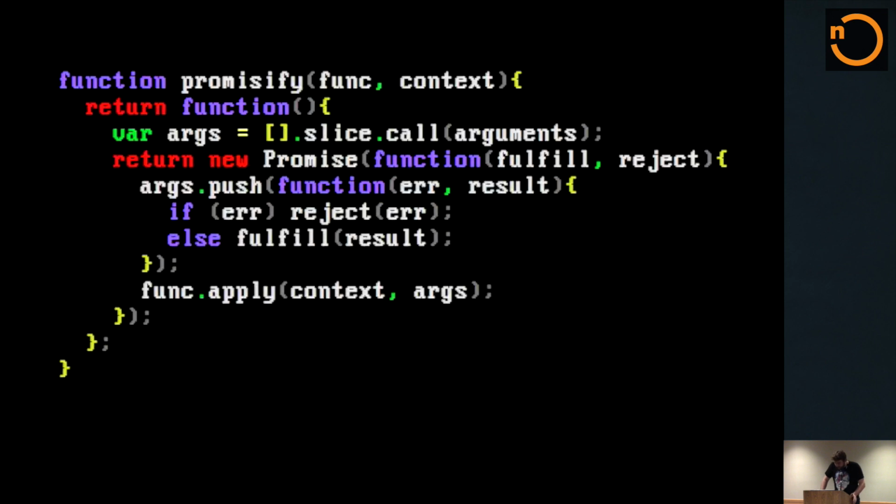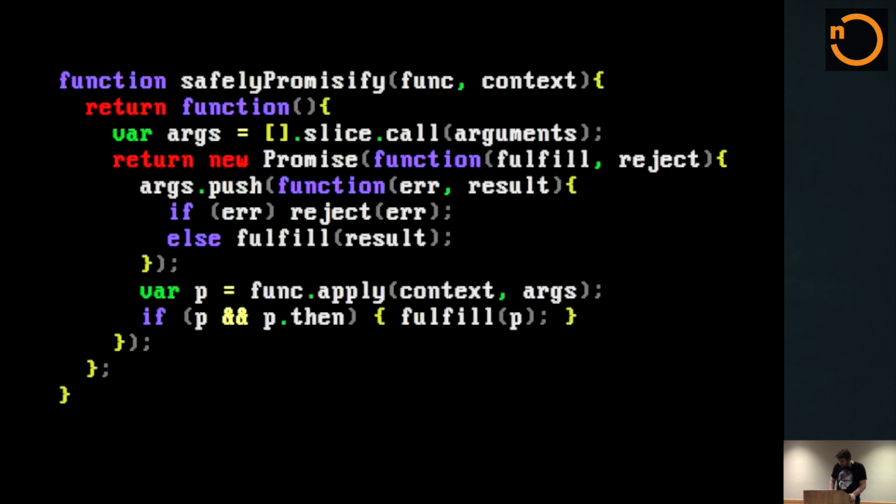I mean, that's pretty much all there is to Promisify. But again, what we really want to deal with is also the case where the function does return a promise. And so we don't have to deal with all of this callback stuff, right? So that turns out to be relatively simple. All we really need to do is take the value that's returned by the function that we're promisifying and then check if it basically quacks like a promise. Right? So promise is all of it .then, so we can check for that. There's a few other things we can do, but this is just a simple example. So if it does look like a promise, we can just go ahead and fulfill that, and then the resulting promise will take on that fulfillment value, the fulfillment value of P in this case.